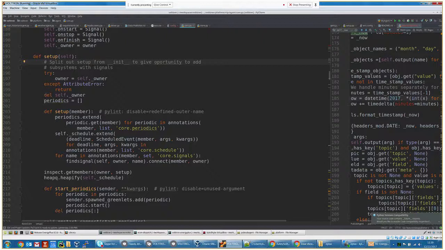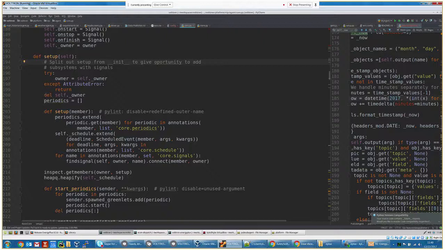And we sort the periodic functions in a heap, which is a particular type of data structure that comes within the Python standard library. It's a special use of a list. And it keeps the periodic functions